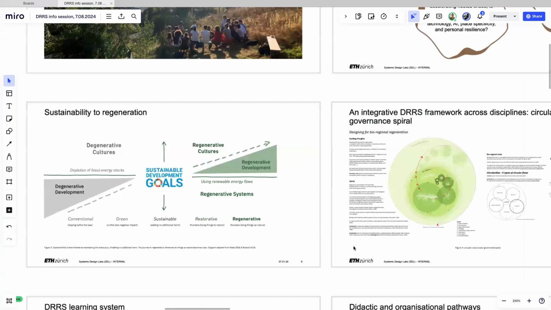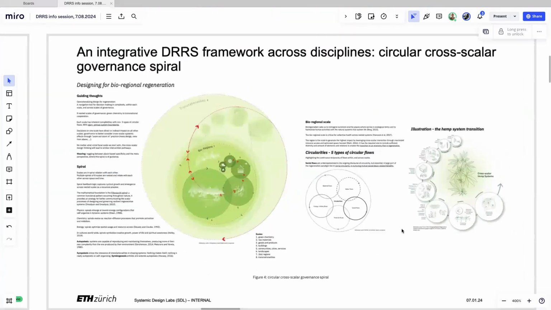Working with different scientific frameworks, again, we're hosted here at ETH Zurich, so obviously we are science and engineering based, expanding from this notion. And this shows a very rough, very important framework for us. It's called the Circular Cross-Scale Governance Spiral, and it basically shows 8 scales of decision-making that also have a spatial component, from green chemistry, number 1, such as carbon dioxide emissions, via buildings and cities and landscapes and regions, bioregions, to transnational and global supply chains and connections.